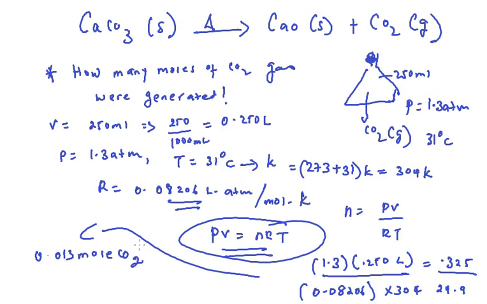So the question is, if you have calcium carbonate, when calcium carbonate is decomposed, and you would like to know the number of moles of carbon dioxide that has been produced, you can use the ideal gas equation. This much mole of carbon dioxide was generated. Sometimes you'll be interested to find out the amount in grams. So if you would like to know the amount in grams, what you have to do is multiply 0.013 mole